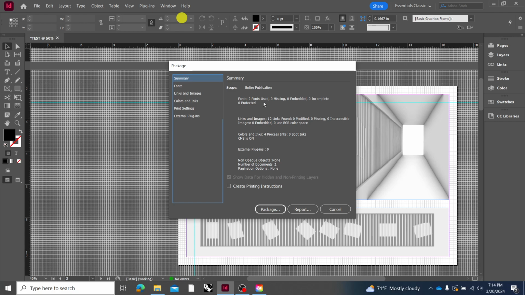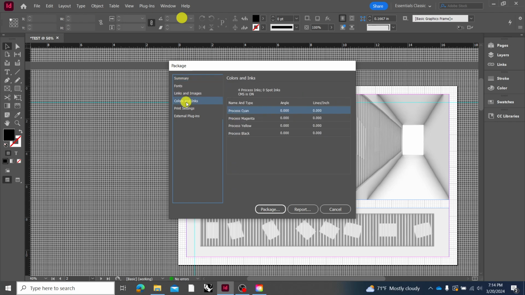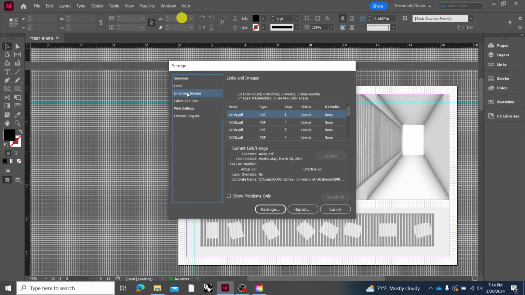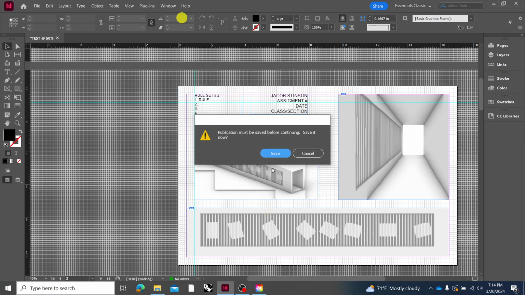So for instance, I use 2 fonts, the 12 links, which are those images, as well as even the colors that I used, will be all written into the memory or the default presets for this packaged InDesign document. Again, we can go through these and see everything that's being saved. And if we just package,